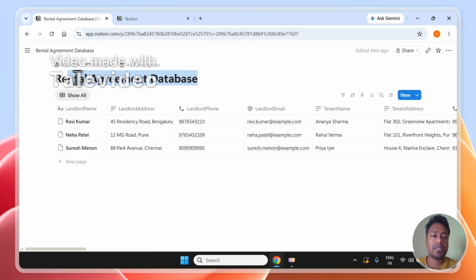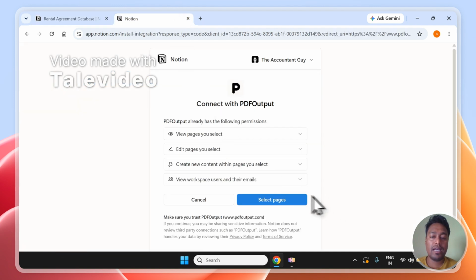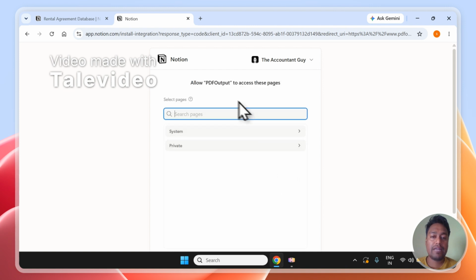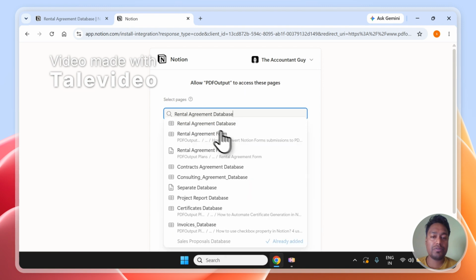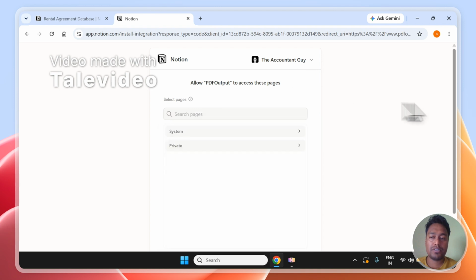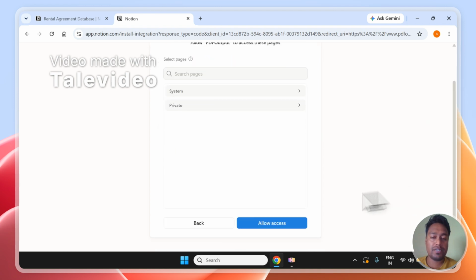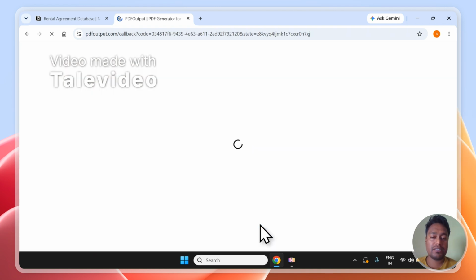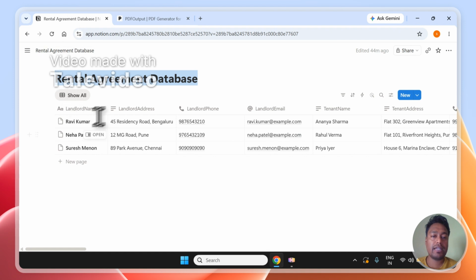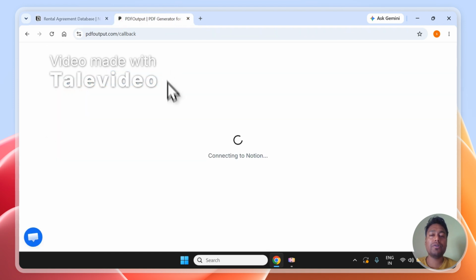Meanwhile, let me copy the database title from here so that we will be able to connect it. So we'll just copy this title. I'll click on select pages and I will put the database title inside the search pages field. Okay, it will automatically show me the rental agreement database. Click on this and it gets added. Make sure you're under the right account while you're doing this process, otherwise the database will not be visible. Scroll down and click on allow access. So now this will give access to the rental agreement database, which we'll be able to use to produce a